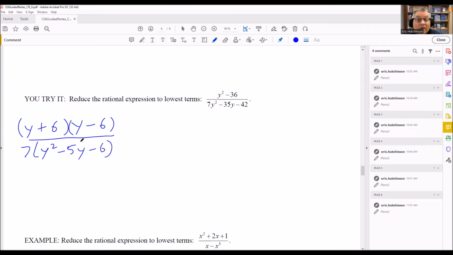We look again for anything more that can be factored, and we see that the bottom can be factored. And so that's what we're going to do next. The top is already factored. We have a 7 here. And then for the bottom,